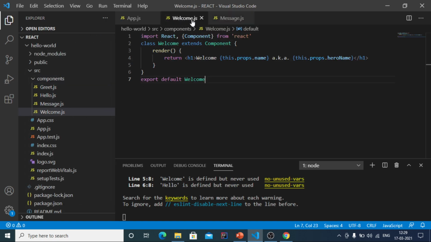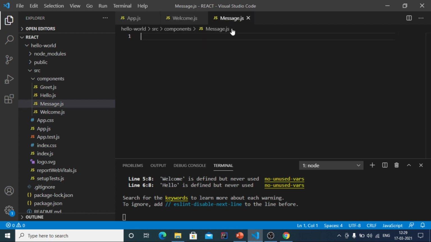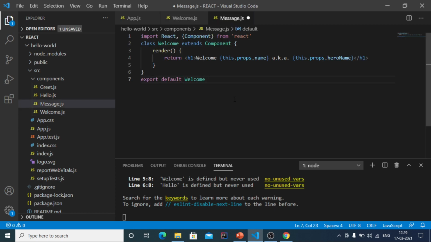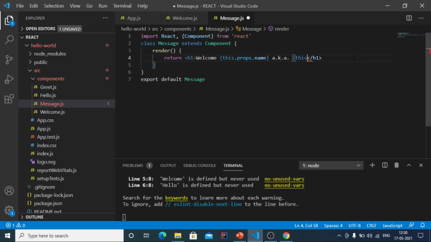Because the message component will be a class component, I will be copy pasting the content from the welcome component and doing the necessary modification. Class name will be changed from welcome to message. But in this case we are not going to display any name or hero name, simply we are going to display the text welcome visitor.